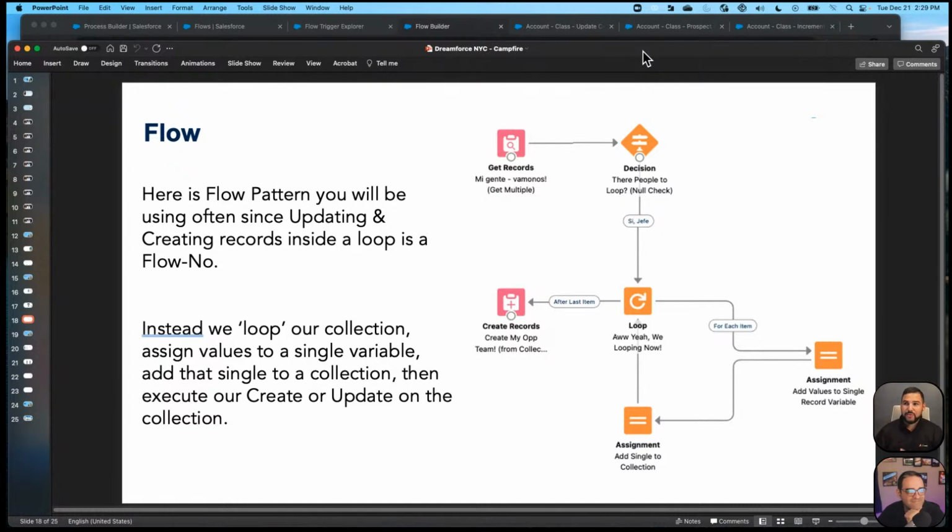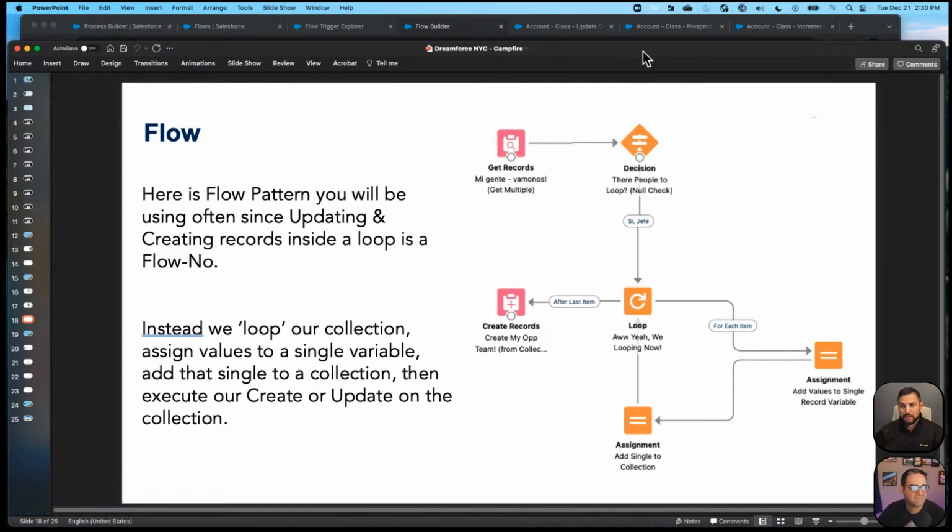Here's one that is very common in Flow and one that you'll end up using all the time. In this case, whenever we need to update a group of records, we never do DML actions inside of a loop.